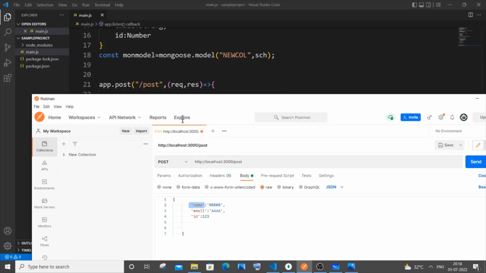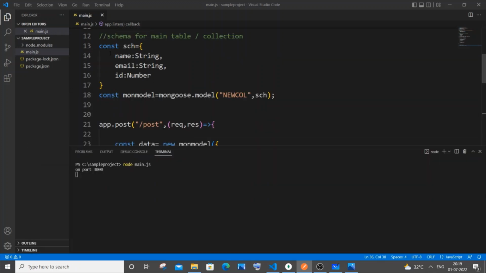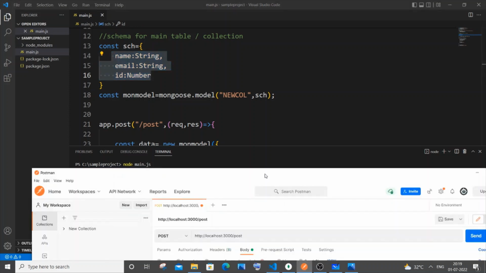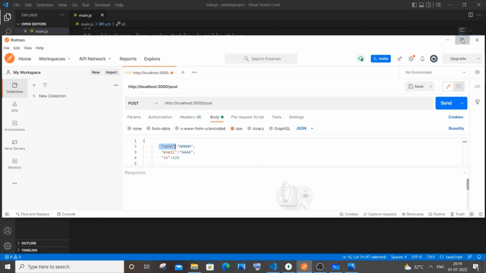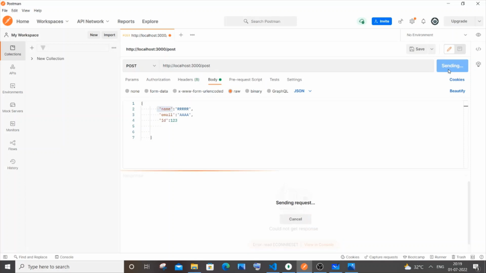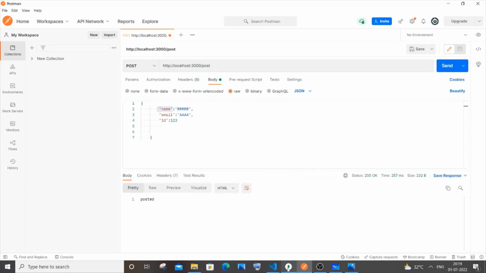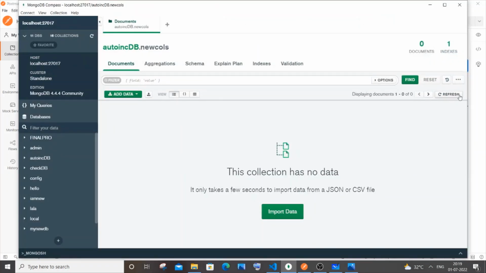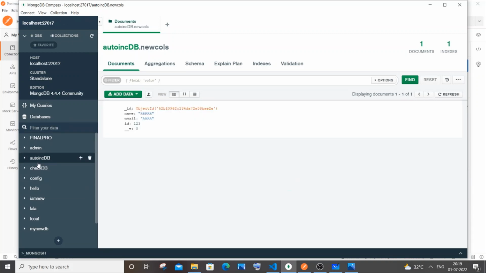So this directly corresponds to the schema, or the details that I have over here. So that should be given over here. Once you are done, if I just send it now, I'll be getting posted. And if I now go to my MongoDB Compass and go to this particular